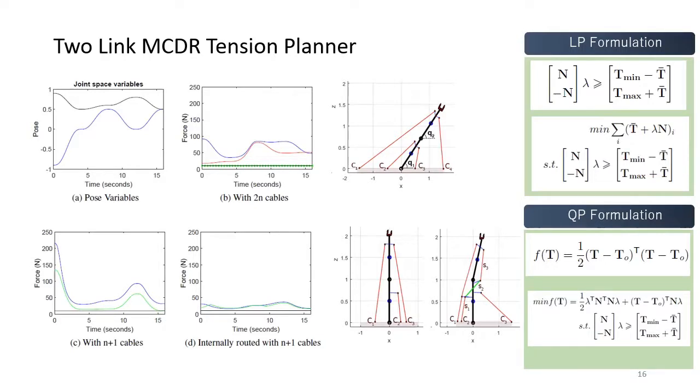Due to the nature of linear programming, discontinuities are produced. The solution of the LP problem is always at the corner of the convex hull of a feasible set, and when the solution changes corner during motion, discontinuity occurs. Due to this concern, the quadratic programming approach is performed, as it can provide continuous cable tension trajectories.